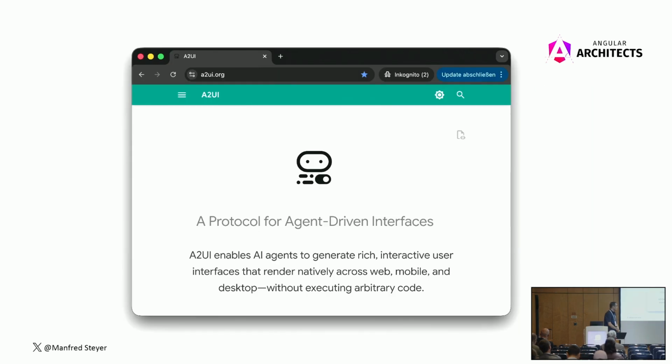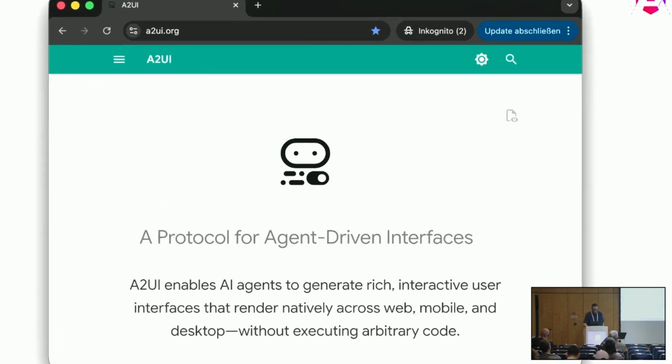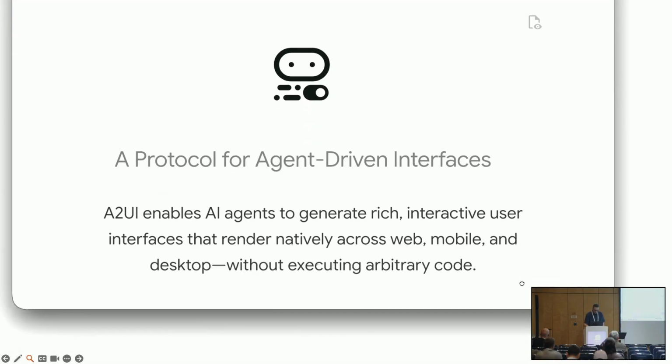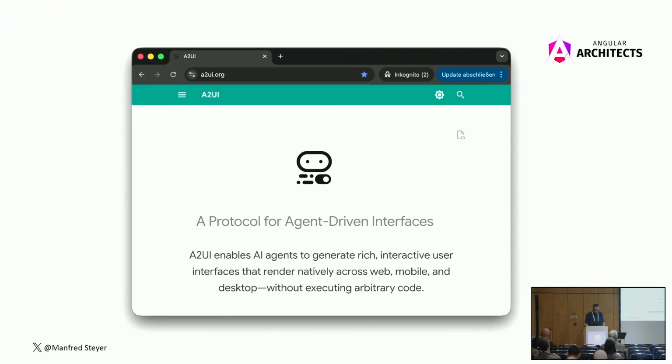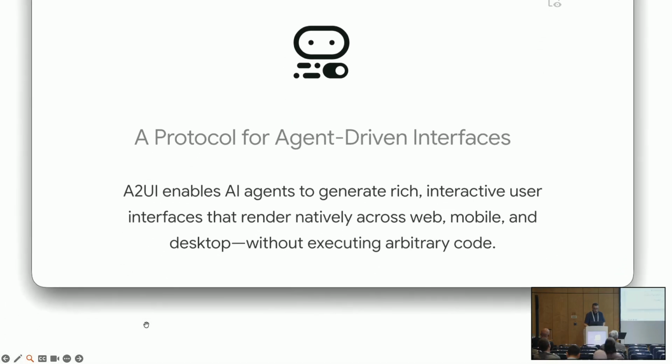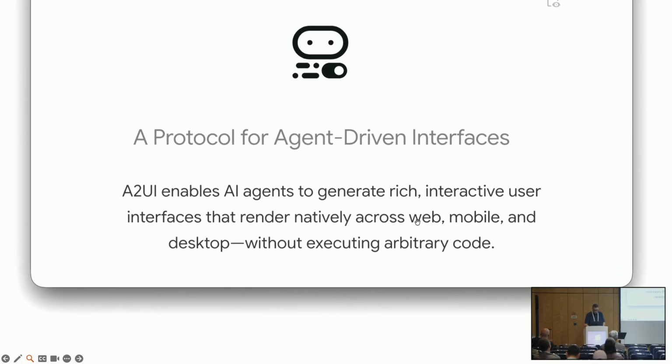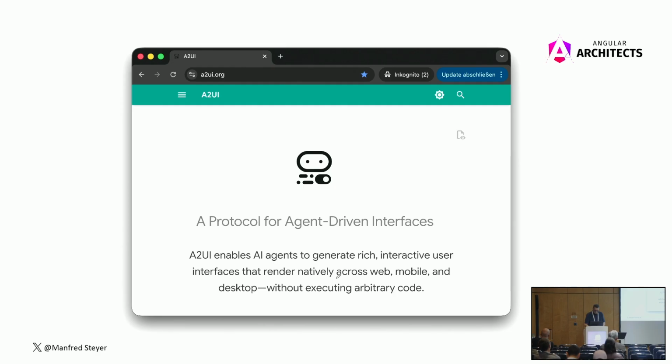A2UI is a protocol developed at Google, and it has some nice characteristics. One characteristic, of course, is constructing dynamic UI on the client side, on the server side for the client. But another characteristic is, and you see it here, it works across web, mobile, and desktop. So it's not bound to just your single page application.